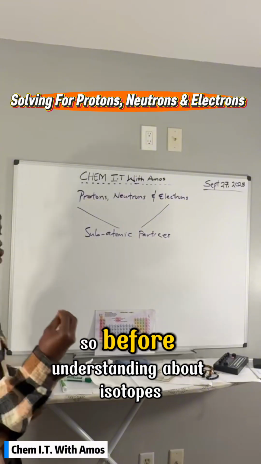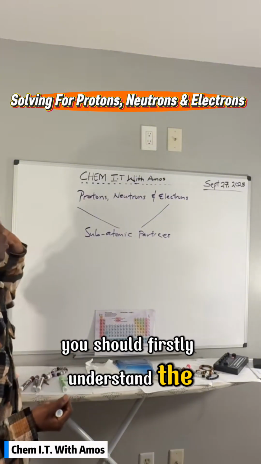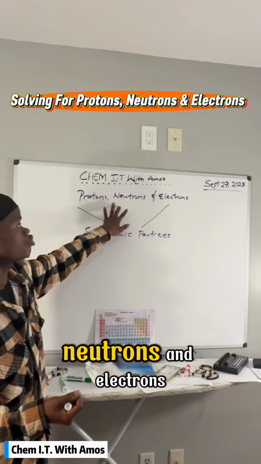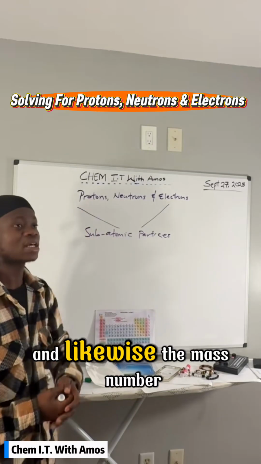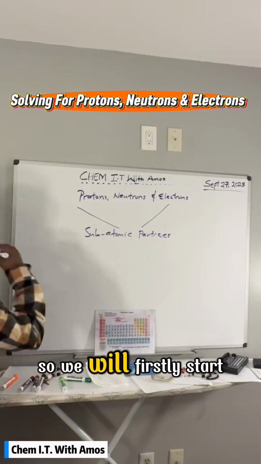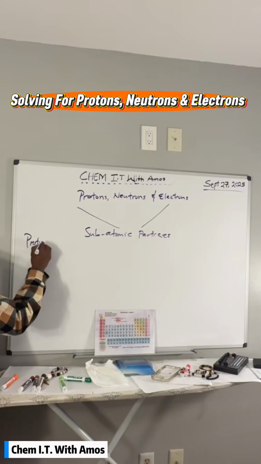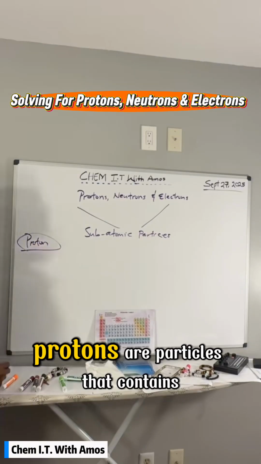Before understanding isotopes, you should first understand the calculations of protons, neutrons, and electrons, and likewise the mass number calculation as a whole. So we will first start with protons. We say that protons are particles